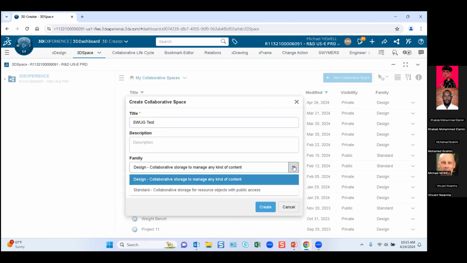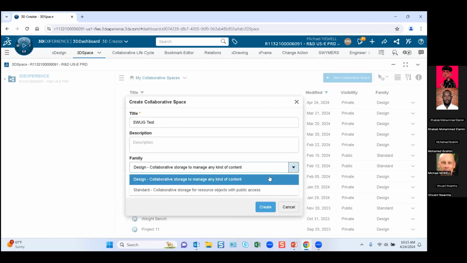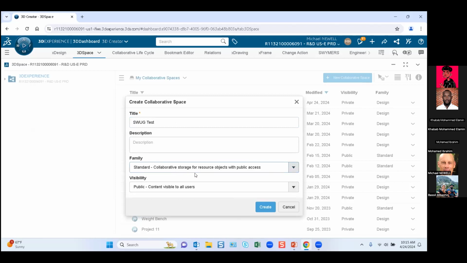And we have different types. A design collaborative space is basically just for your design data. And then you have the standard collaborative space, which is for standard components that really have no intellectual property requirements to them. It's data that is reused over and over again, nuts, bolts, this type of thing. And in that, the visibility